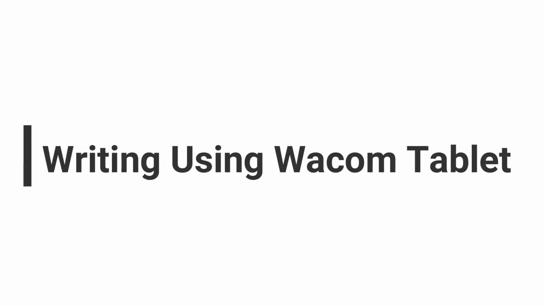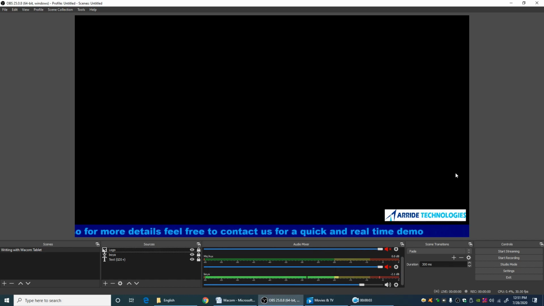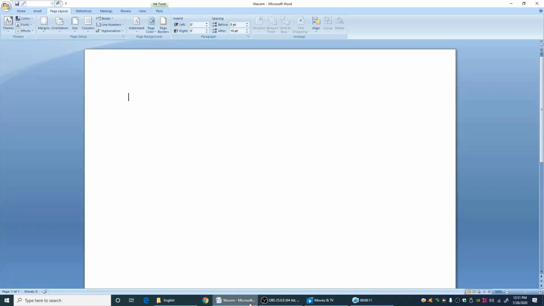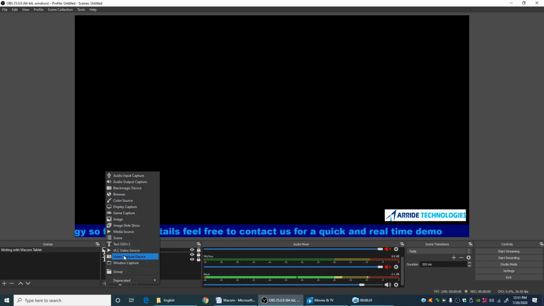Now we will see how we have to add the Word file for using through Wacom on OBS. Like you can see, the Word file is open here, and we have seen how we have added this pen option in the Word. Now what we will do is we will simply click on this plus sign and we will add this window